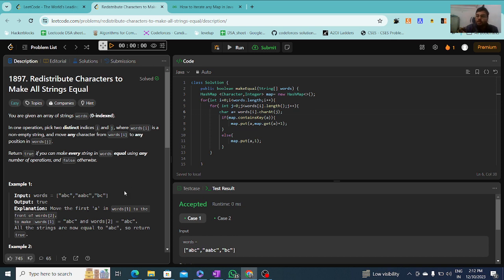But all the characters should not be wasted. We can only shift the characters, right? So hopefully